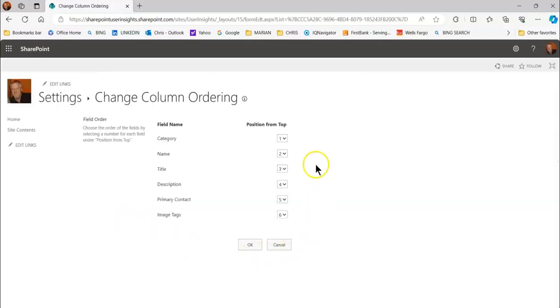And right now this is the order. When the form comes up for me to work and add information about the document, it shows me the category first, the name, the title, the description, the project contact. What I'm going to do here is I want the primary contact to show up first in the form, so I click that one, and that moves the others down one because I've made a change here. And let's go ahead and leave the category the way it is, name, title, and description. But we want to see primary contact in the form. So we're going to take our OK,